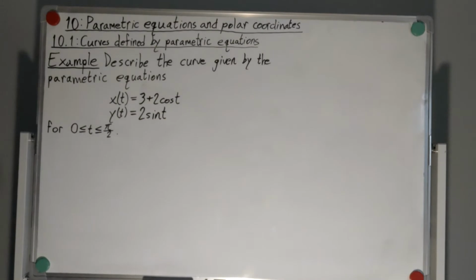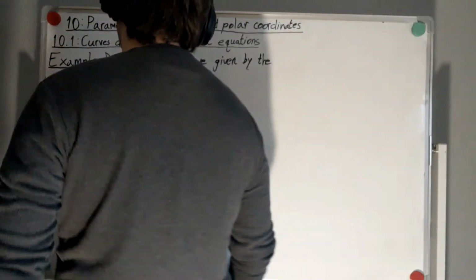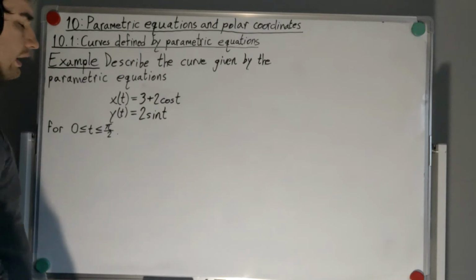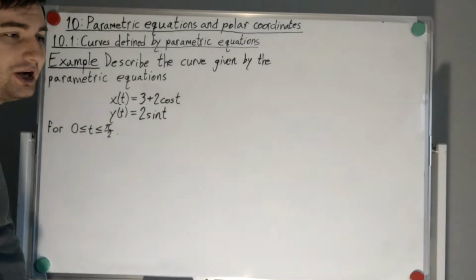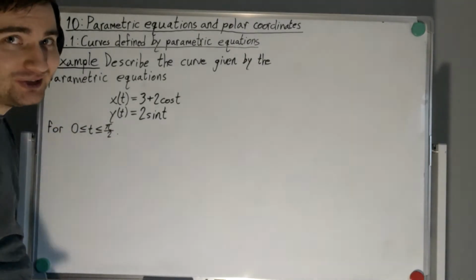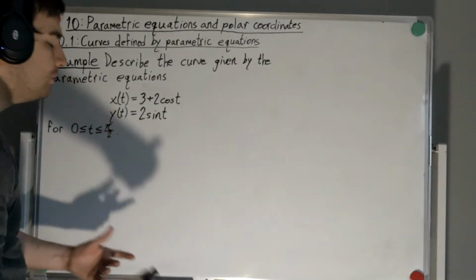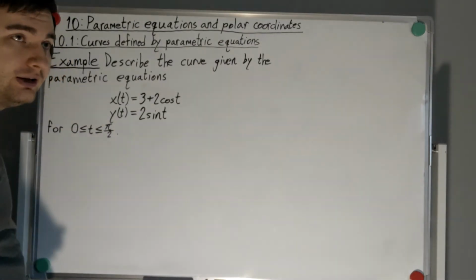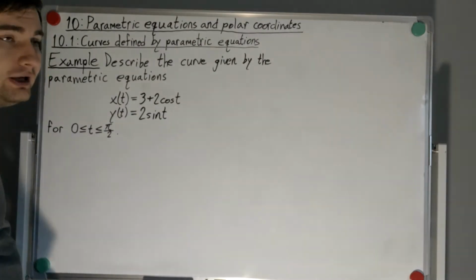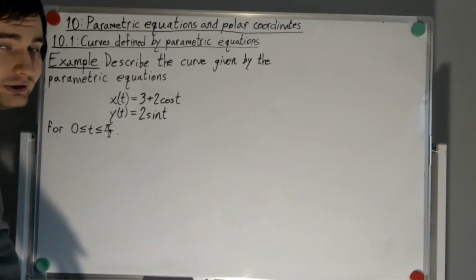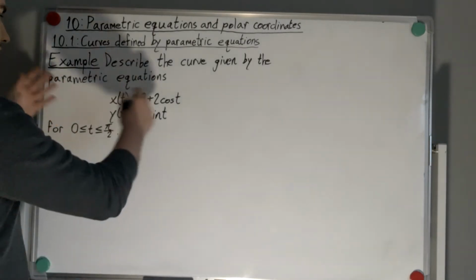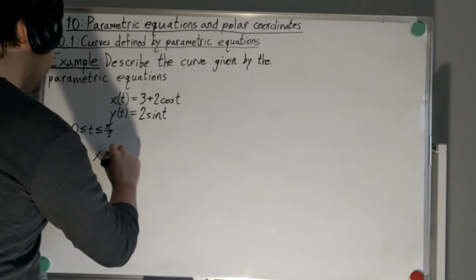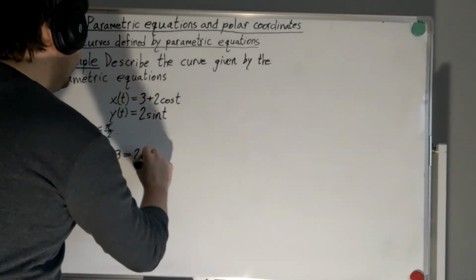Okay. Well, again, if you want to come up with a Cartesian description for this, which, by the way, is a good idea because we're more used to Cartesian descriptions than parametric ones, then we have to relate cosine and sine somehow. Easiest way to do that is with the Pythagorean identity, which just says cosine squared plus sine squared is always 1. So, all we need to do here is say x minus 3 is 2 cosine t,